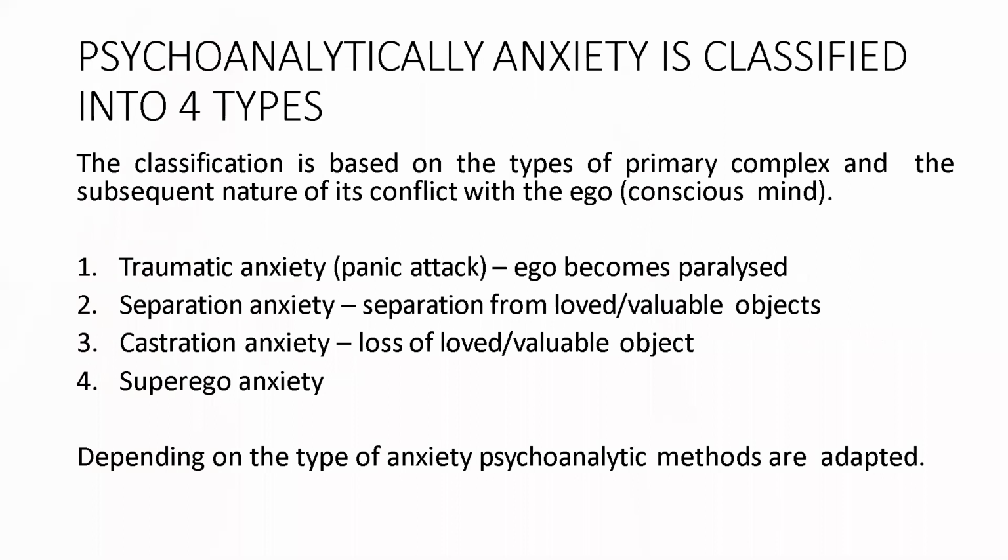It again has four types of classifications. We call them the conscious mind and the pre-conscious mind. There are different things where persons think of that, and there is also the ego, which comes under the conscious mind. In any kind of traumatic anxiety or panic attack, the ego becomes paralyzed. So because of this, the